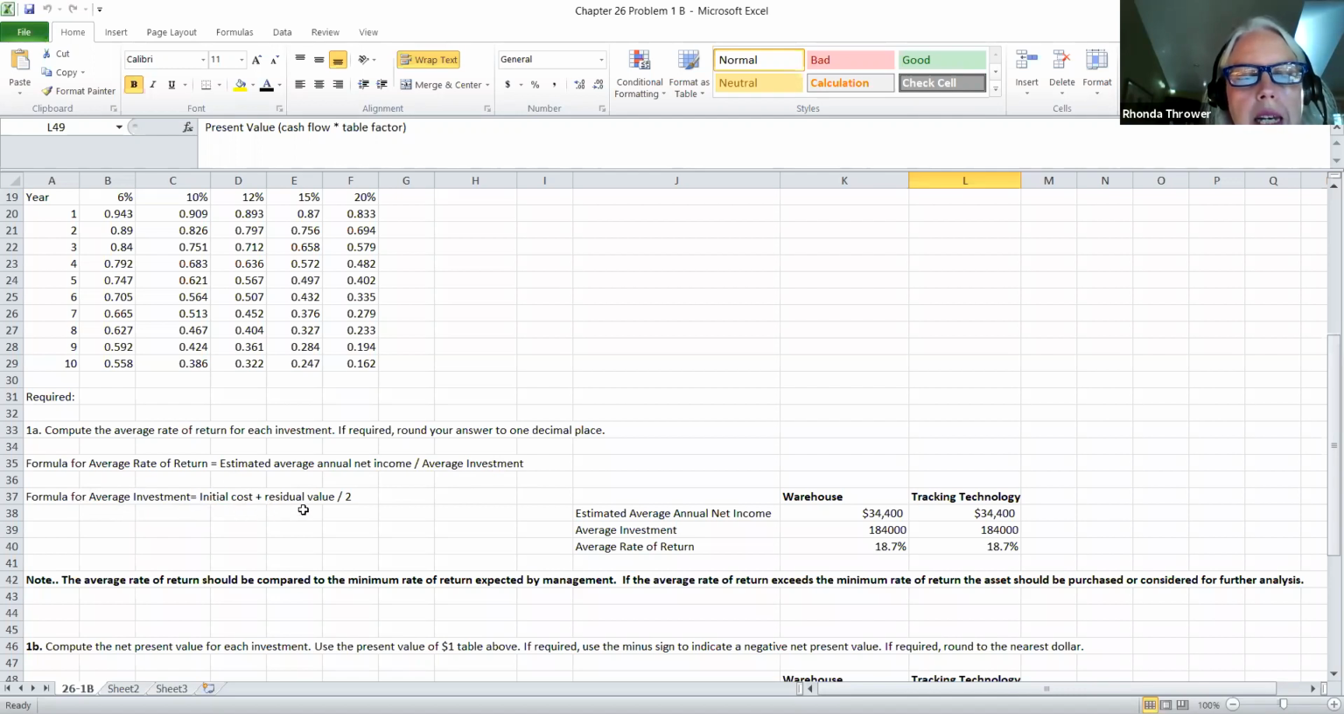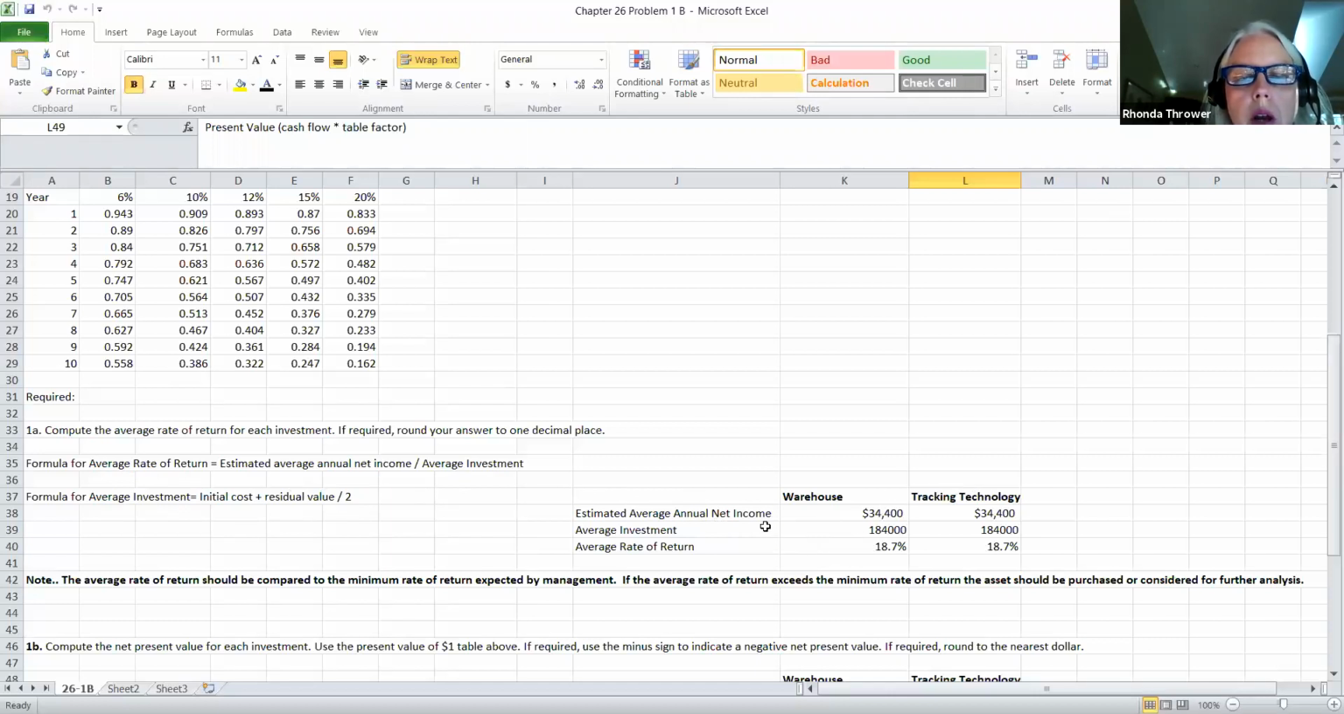We're going to add any residual value if there is any. This amount will be given to you, the residual value, as well as the initial cost. You're going to combine the two of those together and then divide it by 2. This will give you an average investment. The average investment is divided into the estimated average annual income to get the average rate of return. Now, what we want to do is find the average rate of return on both of our